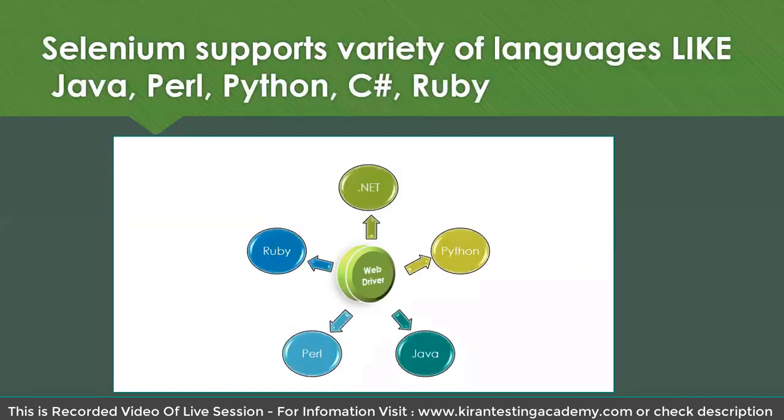Next, and very important, it supports multiple languages, guys. What does supporting multiple languages mean? See, if it is QTP, take an example. I'm good at Java. That will not work. You need to learn VB scripting at any cost. You are good at Python. It will not work. You need to learn VB scripting at any cost. QTP or any other tool will give you a specific language to automate. But Selenium has given you multiple options.